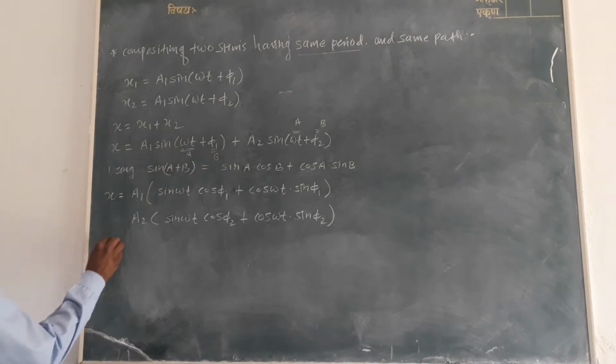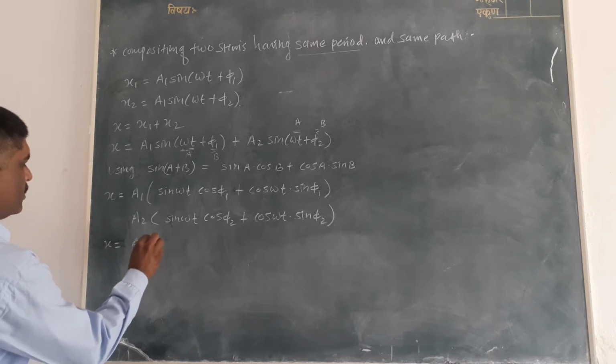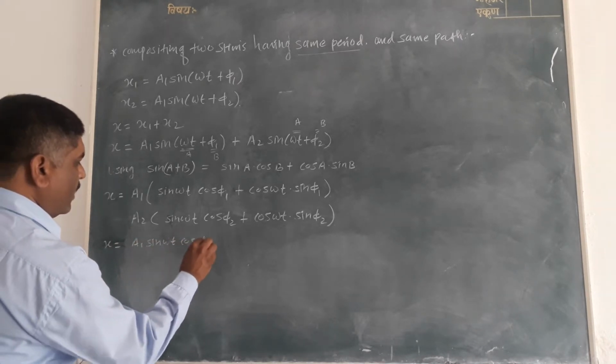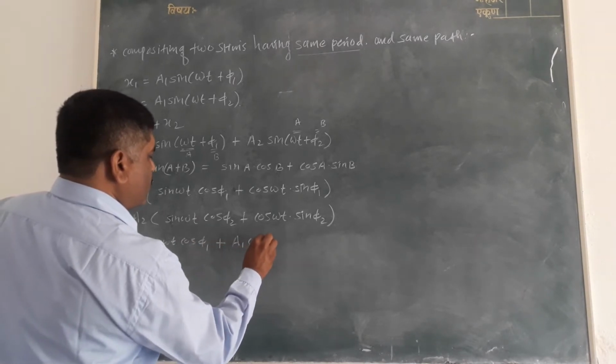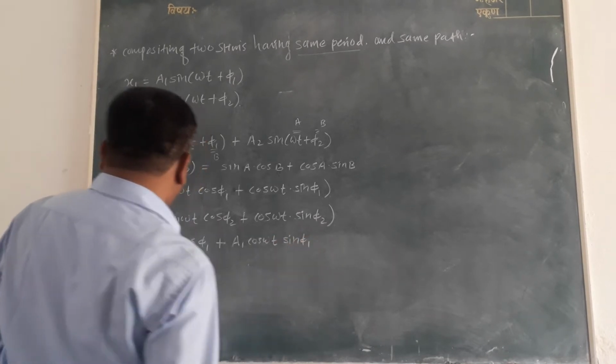Therefore x is equal to, I will multiply a1, a1 sin omega t cos phi 1 plus a1 cos omega t sin phi 1